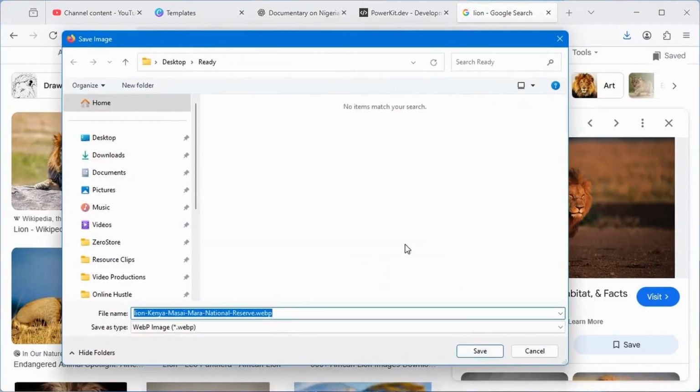Immediately I do that, you will notice that the file type of this image is WebP, meaning that if I download this image, I may not be able to use it in graphic software. I can't use it in CorelDRAW or Photoshop, unless it is an updated graphic tool. Let me show you. If I go on to save this in my folder as WebP,